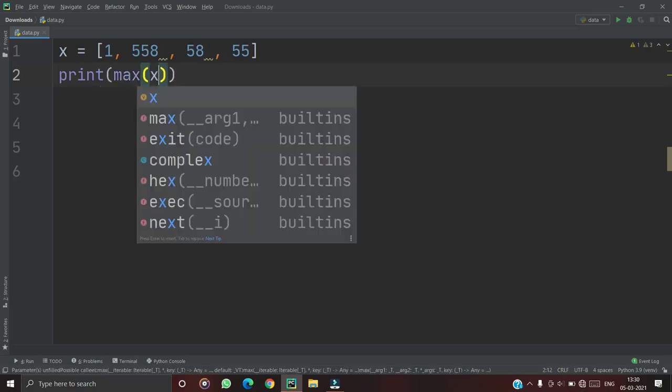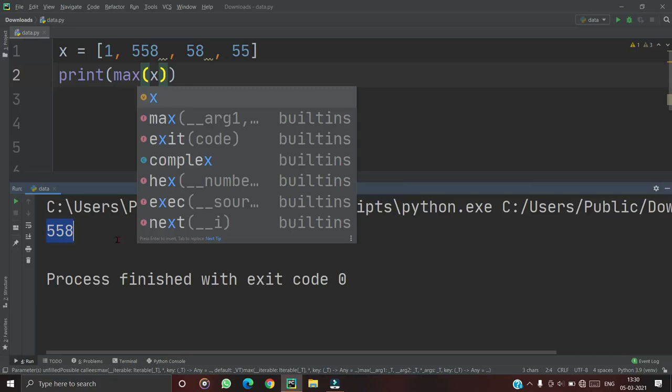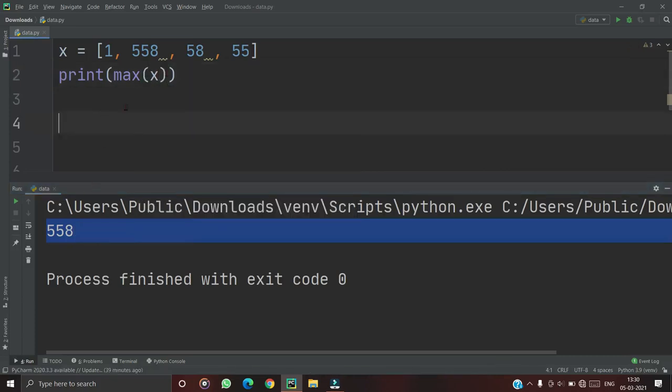If I print this, it will print the maximum value present in this list.